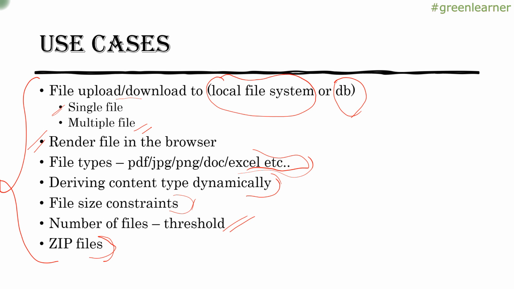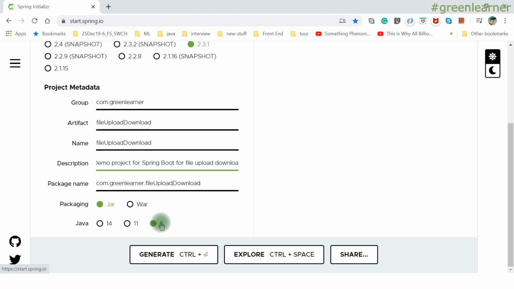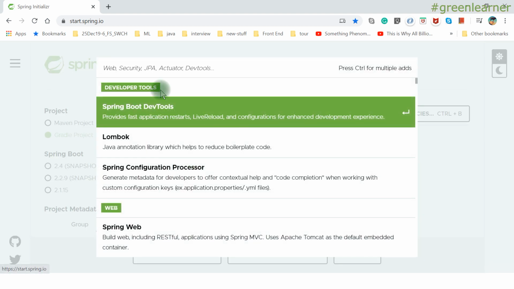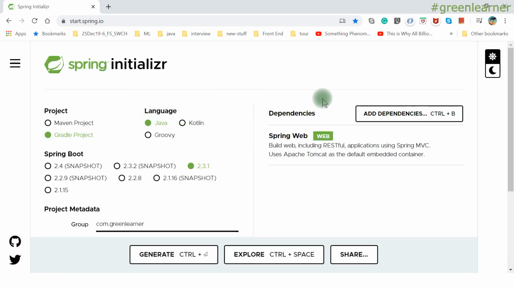Let's go ahead and create a sample project with Spring Boot, right? So here it is, start.spring.io. We are using Java, going with a Gradle project, and the latest version 2.3.1. Okay, jar, and I want to use Java 8, right? Java 11 I have not yet downloaded onto my system, so go ahead with Java 8. For dependencies, what do I need here? Web, only one dependency I need here, right? For database purposes I need one more, but we will add that later.